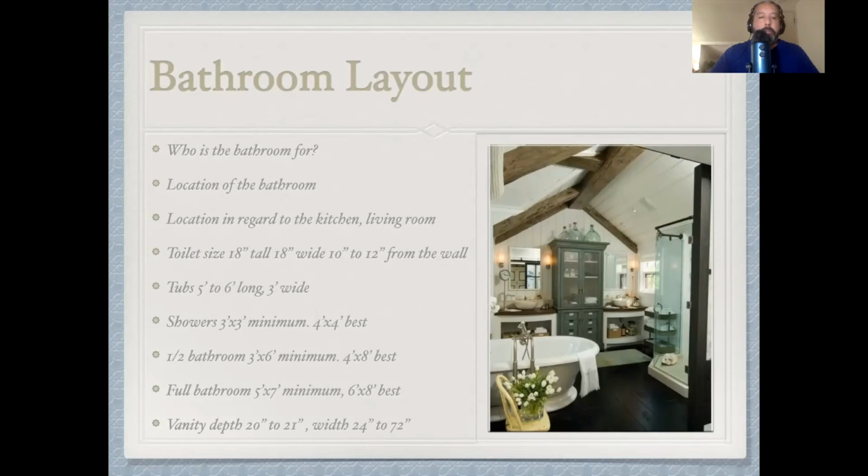who can't hear. It's important to know the toilet size because if you don't know the toilet size, you can make the bathroom too small or too big. Ideally, most standard size toilets would be somewhere around 18 inches tall. That's to the top of the tank, or sorry, top of the seat. 18 inches wide. That's the width of the tank. And then ideally, you'll have about 12 inches all around the toilet